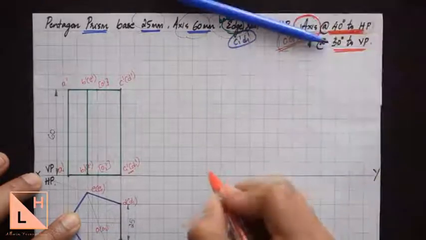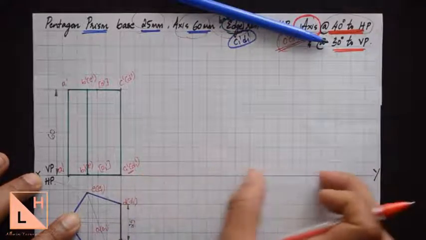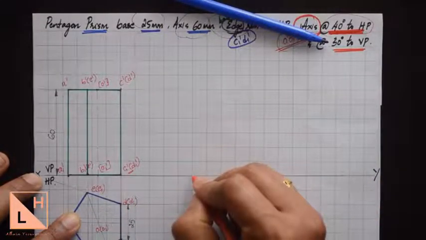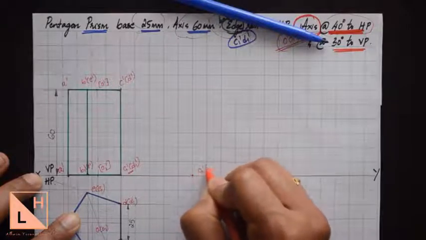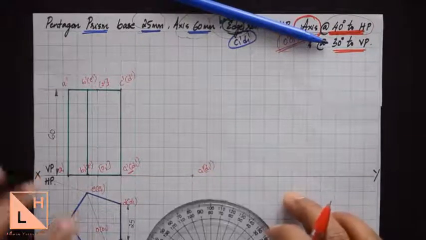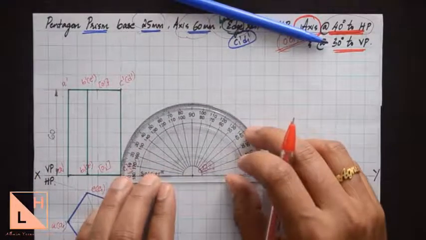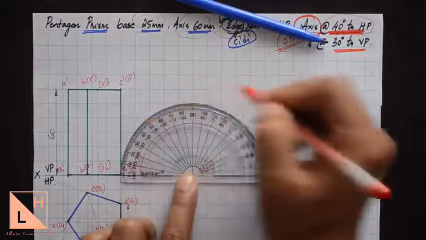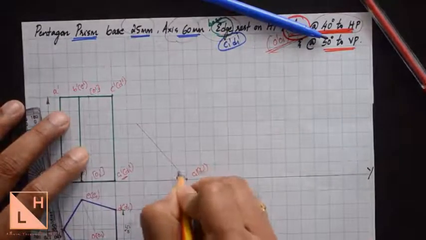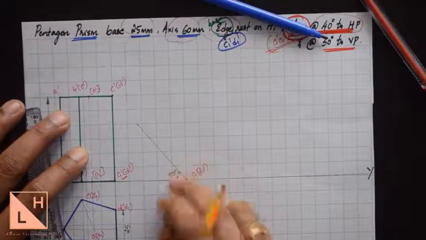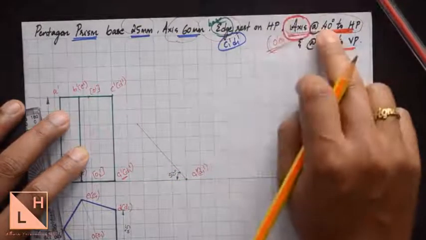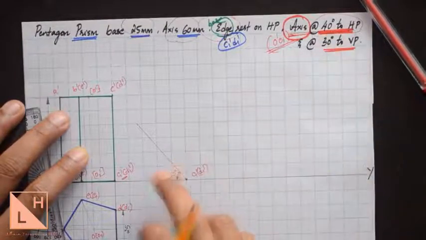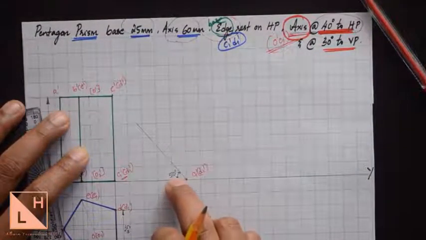So first thing we'll do is mark a point here at a convenient space. Do not take it too far, because we need enough space for the third position. So we'll just place that point C1 dash D1 dash on the XY line. And from this particular point, we can draw a line which is at 50 degrees from the XY line. And you need to measure it from the left side. So take 50 degrees. This angle is 50 degrees, which we obtained by subtracting the given angle with 90 degrees. So we need the axis to be inclined at 40 degrees. We'll incline the base at 90 minus 40, which is nothing but 50 degrees.